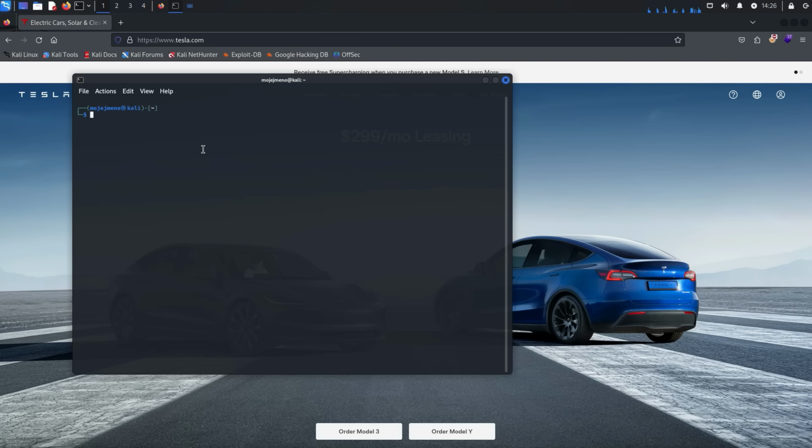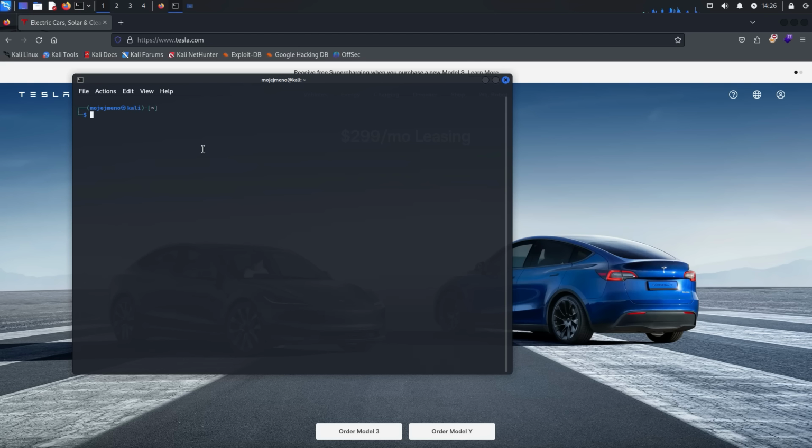Quite often this blocking of enumeration works on the basis of what's called a user agent, where the site is trying to figure out whether we are just some robot or some program that's trying to find out things about the company, or whether we are actually a human browsing the site